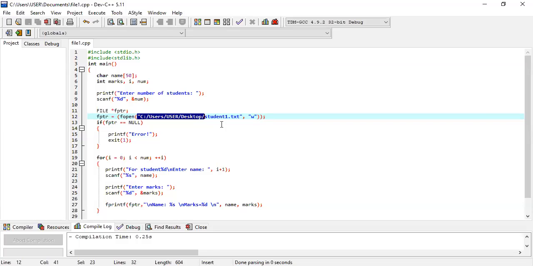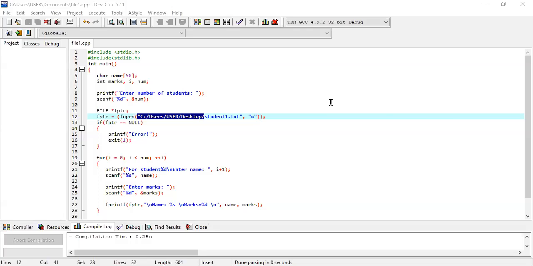We already saw that the student text file was created in Documents, and whatever I wrote, all that information, was properly shown in that particular text file. We checked it also.